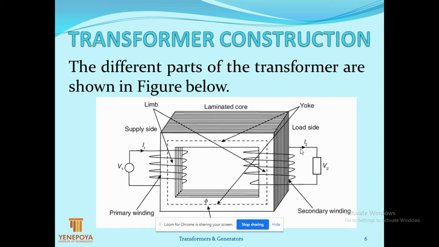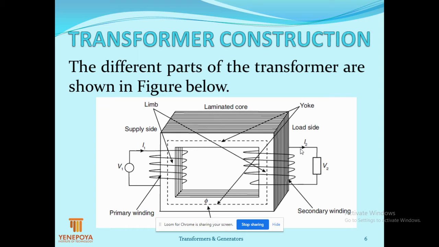Due to current I2 dash which flows in the primary, it sets up a flux, that is called pi 2 dash. Now at this instance, the total flux is pi minus pi 2 plus pi 2 dash. Since pi 2 and pi 2 dash have the same magnitude but are opposite, they cancel each other. Hence what remains is only the flux pi. Hence, whether you connect the transformer to the load or not, flux will be induced, current will flow, flux will cross the primary winding, and again it sets up its own current and flux, but they cancel each other. Hence the total EMF induced at any instance remains constant.